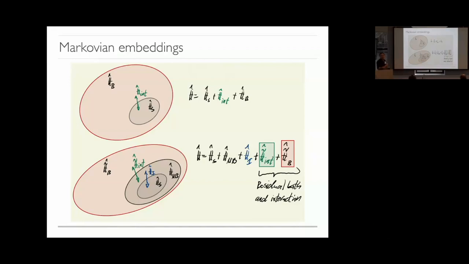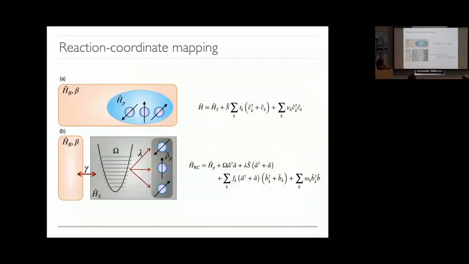It could have structure. Yeah. Let's take it by example. Maybe that's the better way. The most basic form of a Markovian embedding is a reaction coordinate mapping. Yeah, Kevin. So that's sufficient, but not necessary, I would say, for Markovianity. Yeah, because there are these Rigotti Hamiltonians that can be strongly interacting, strongly coupling, but still give you.